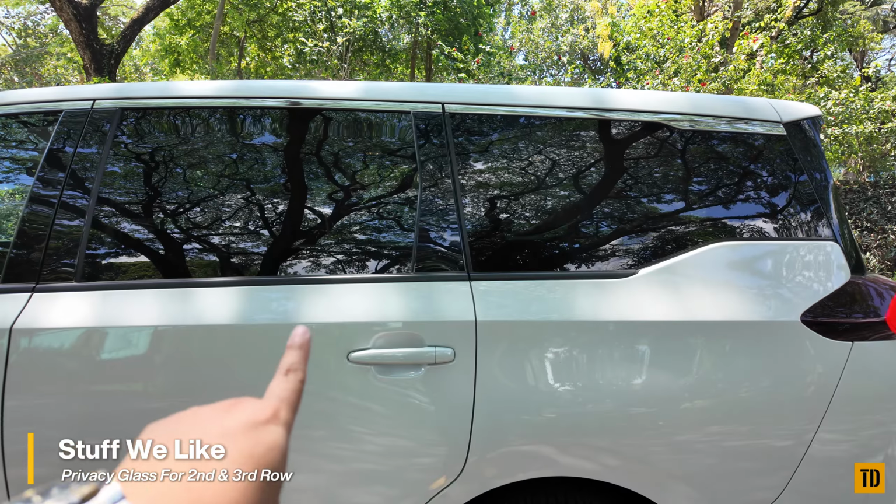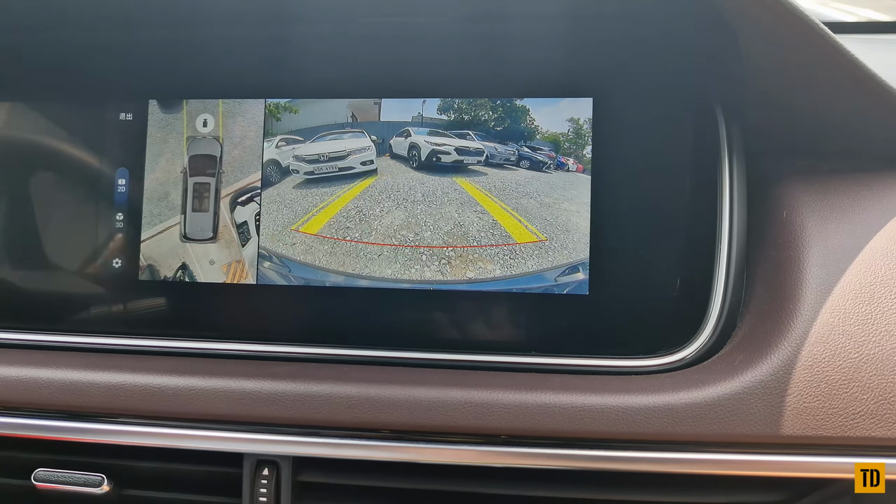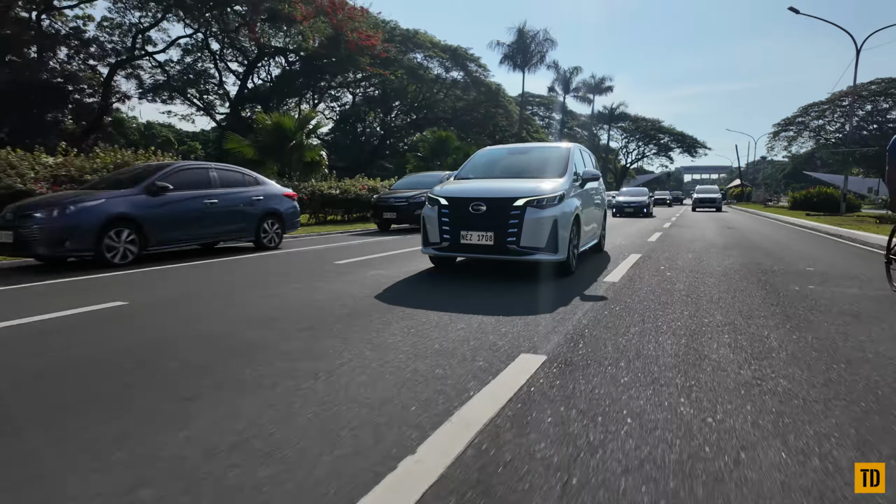And then the next thing would be, of course, yung maneuverability, no? So for example, parking is not a problem kasi the steering wheel is actually really light. Tapos it actually turns really well even though it is a very long vehicle, no? Yung pagpasok mo in and out of traffic, or for example, you're gonna park the car,